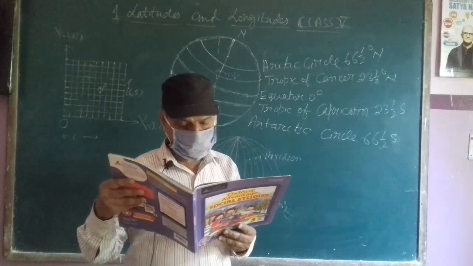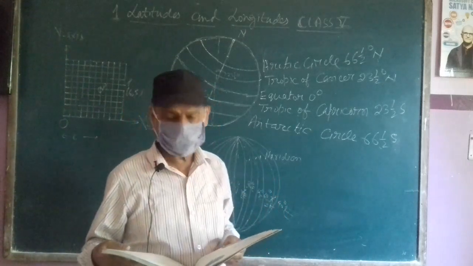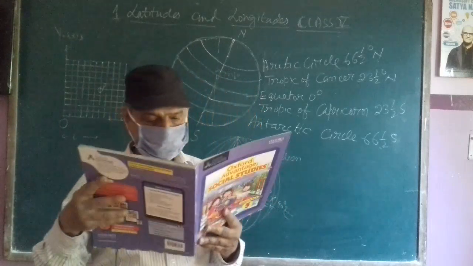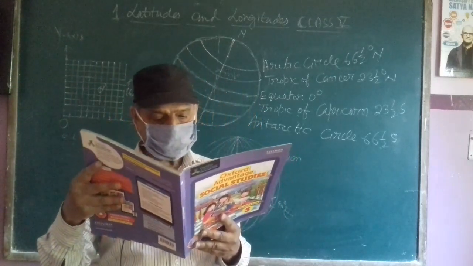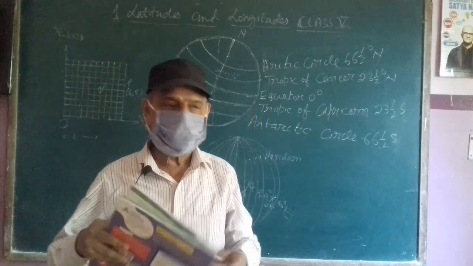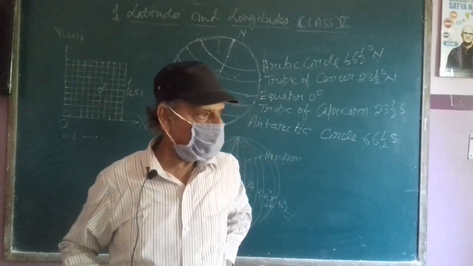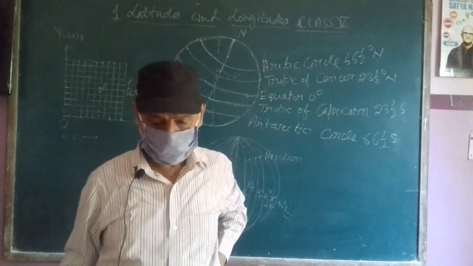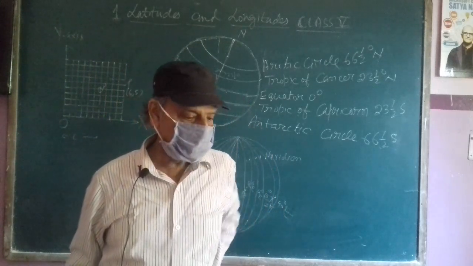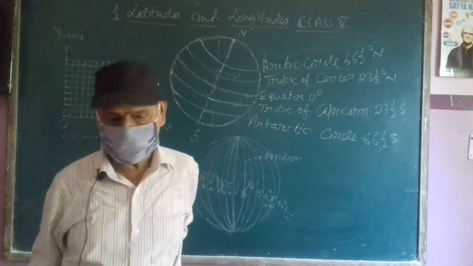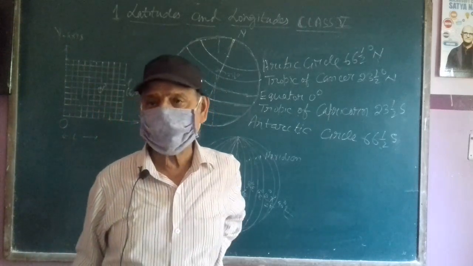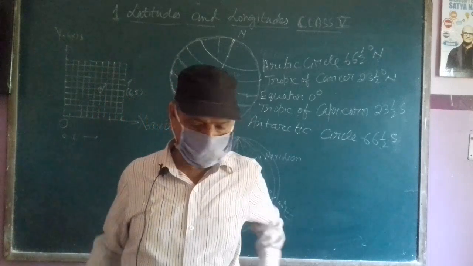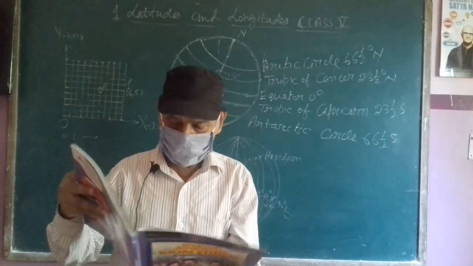So there is one important longitude that is known as the prime meridian, that lies at 0 degree, and this is where the Royal Observatory at Greenwich is situated, near London. All world time is recorded from this. This is known as GMT or Greenwich Mean Time. These are the importance of longitude.